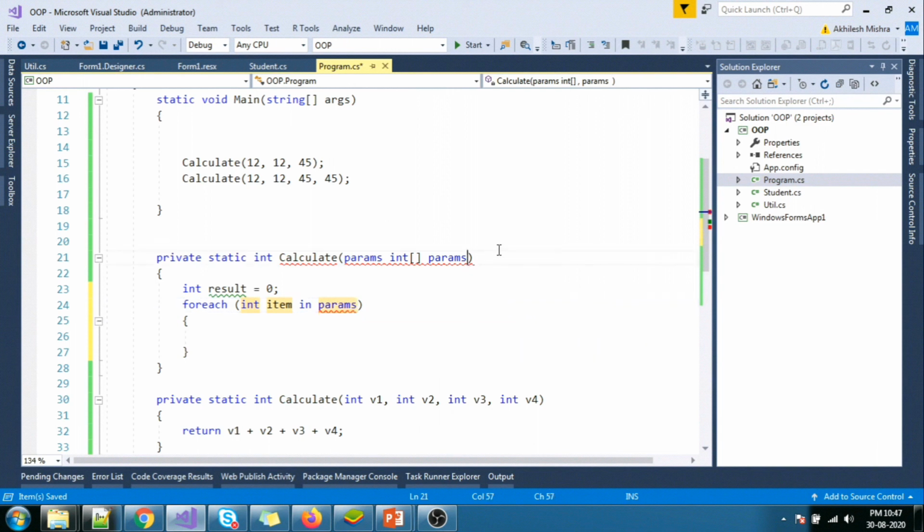So params is a keyword, params1. I'll just use result plus equal to item, and at the end I will be returning the result.